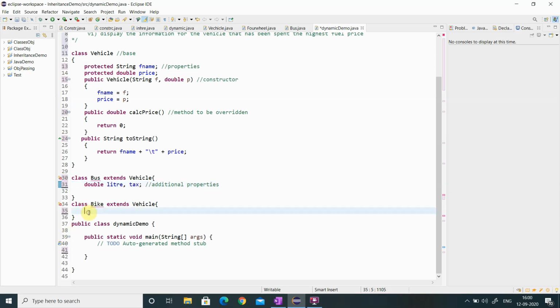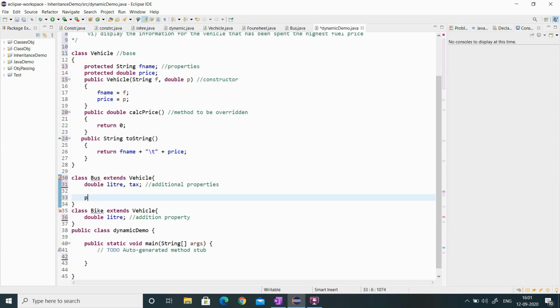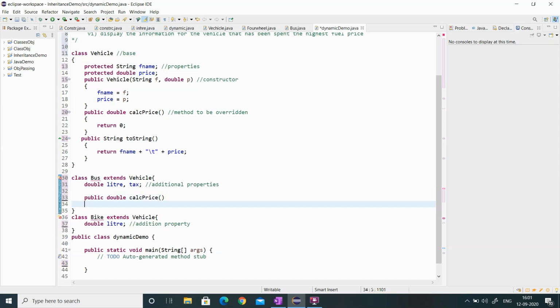And for the bike class we have only one additional property, that is liter. Next we have to override the method calculate price. So I'm going to write public double calculatePrice.